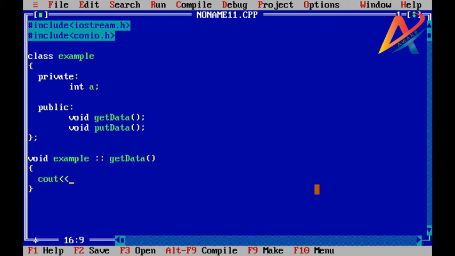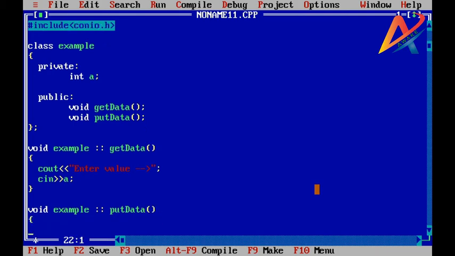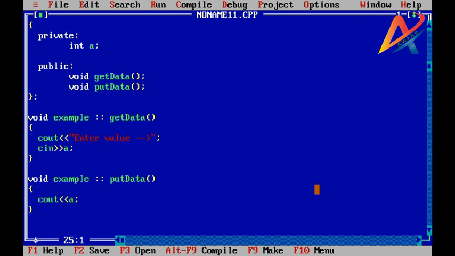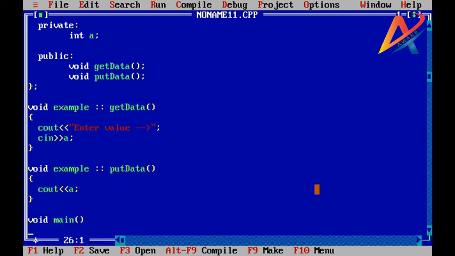So in cout we are giving the message enter value, cin a. Now void example putdata, cout a.